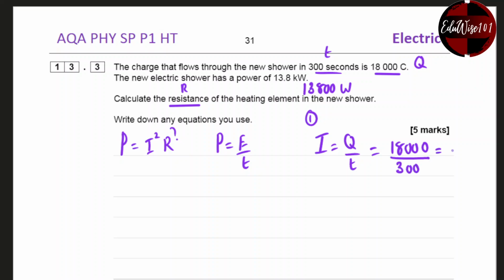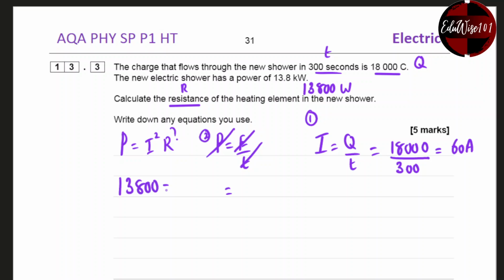That gives me a current of 60 amps. Then I can use the power equation second. Power is energy, so actually I don't need it there. I can actually go straight to this equation. Power is